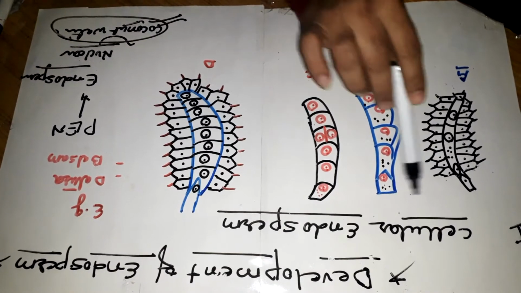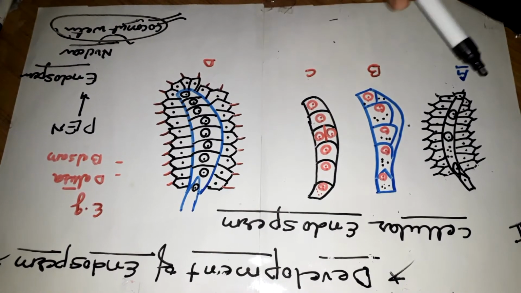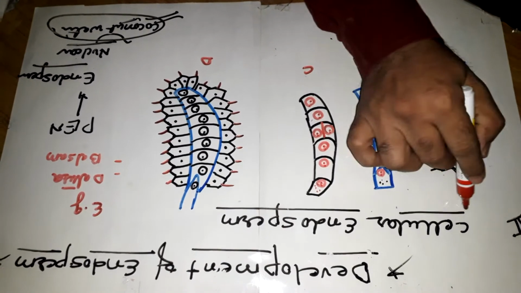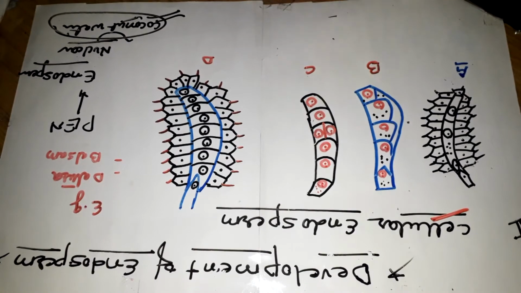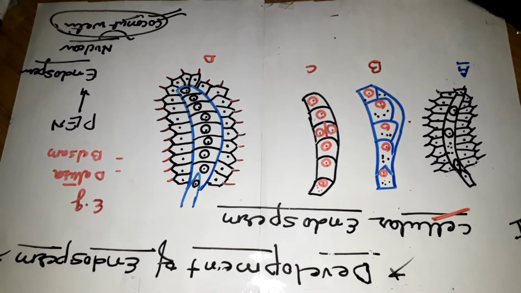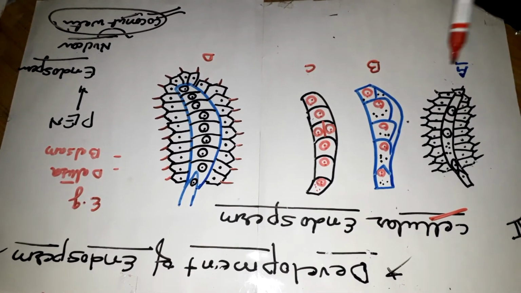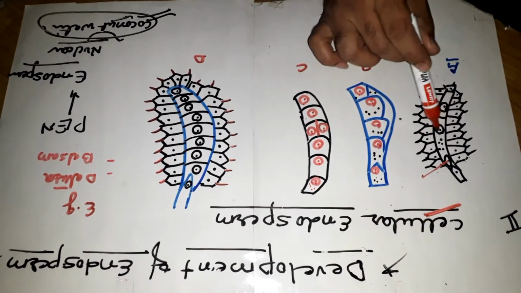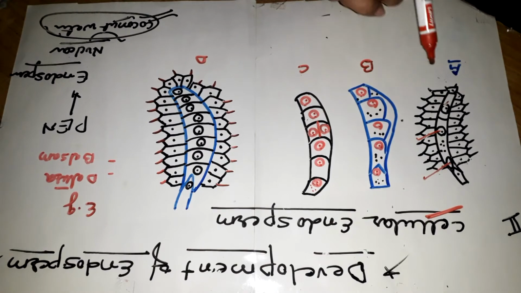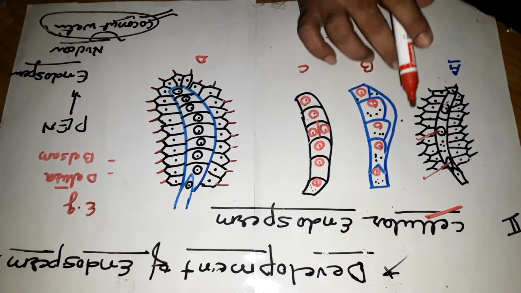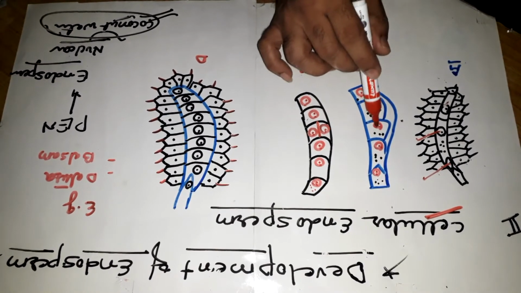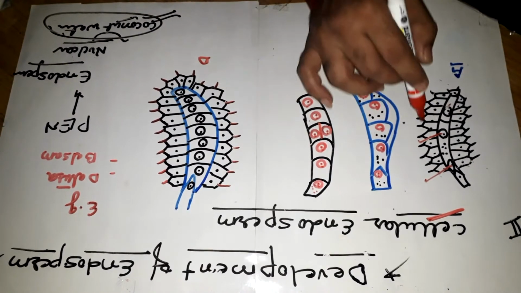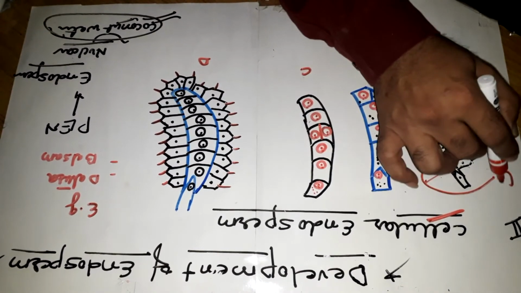Now the second, which is cellular endosperm. In cellular endosperm, as the word clearly explains, cells are also formed with division. In this structure we can easily visualize that the nucleus is formed by two types of division. First is the transversal, second is the horizontal type of division, and this nucleus formation is immediately followed by cell wall formation.